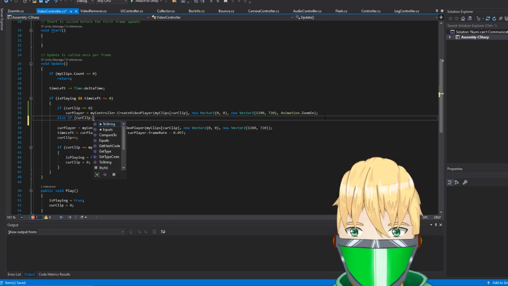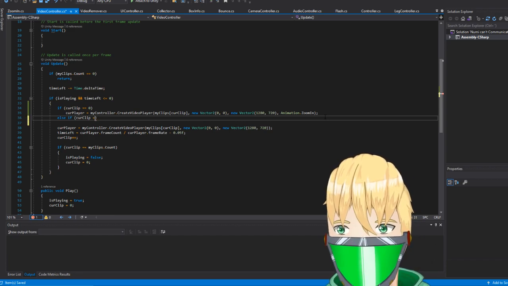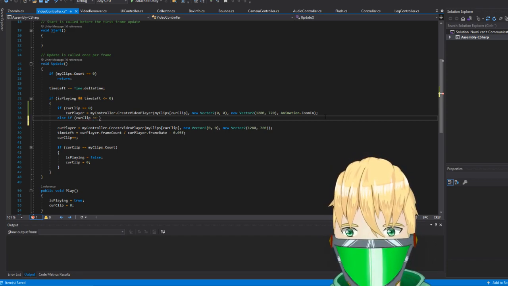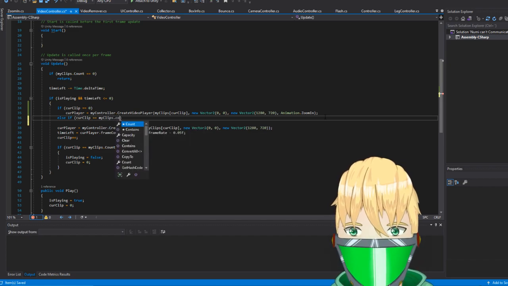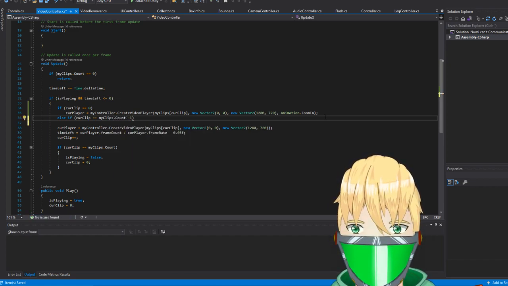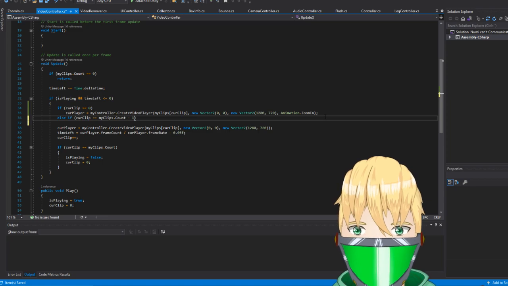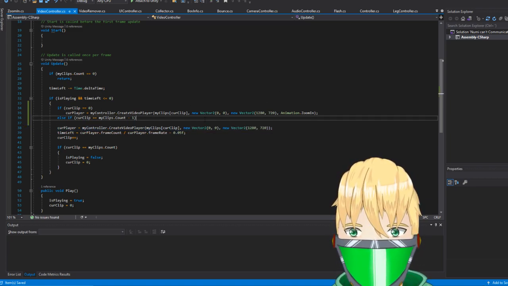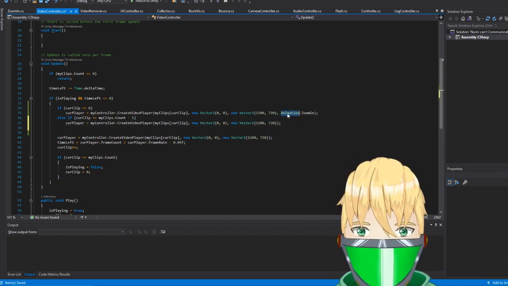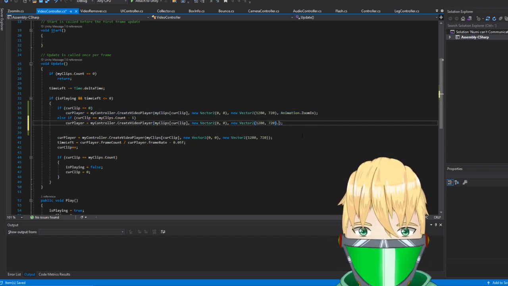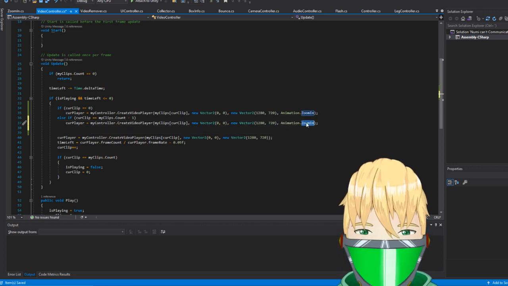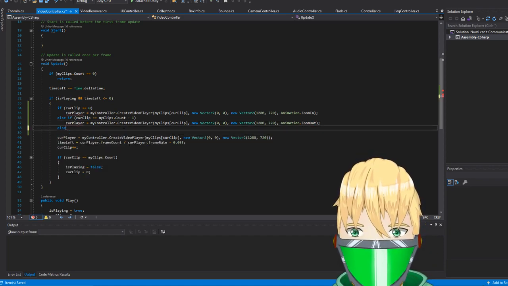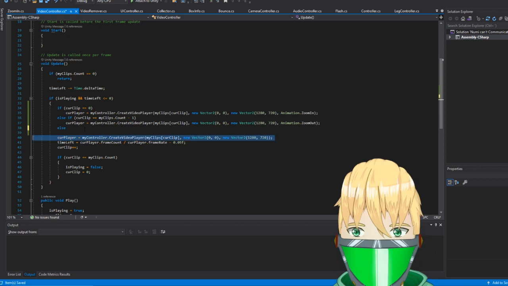Then we check else if cur clip equals, yeah, equals, oh my god, I hate this code, man. It looks so bad. And then we do, I don't know, animation zoom out. Also actually have to create the animation zoom out. I think I can though send this in and it won't mess up on me, I believe.